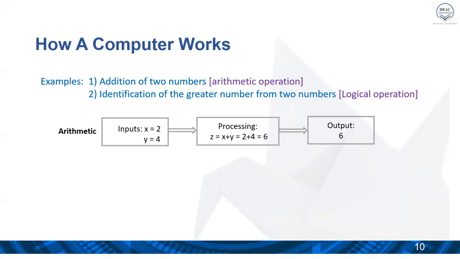the program will ask for two inputs from the user, and the user will provide two input numbers, say 2 and 4, through the input units. And then the input unit stores these two numbers in two variables, x and y respectively. And then it immediately stores this data into the memory in the two variables x and y.